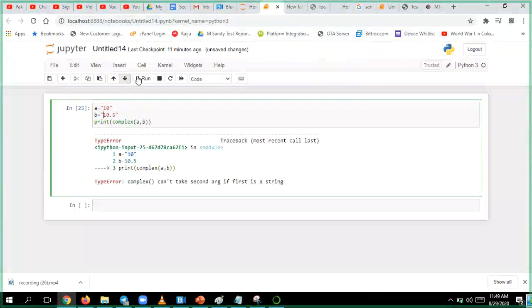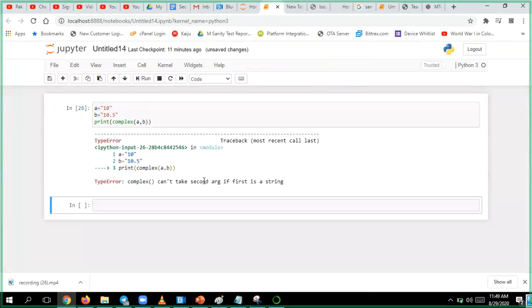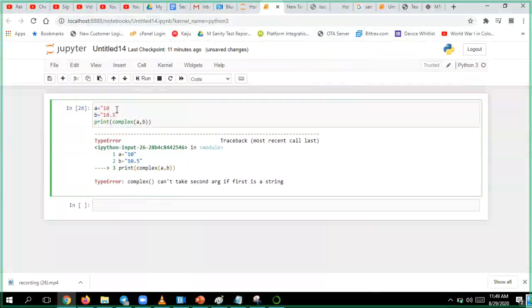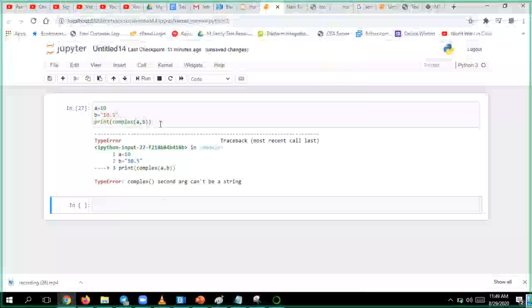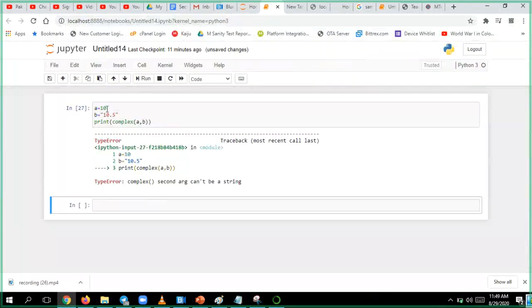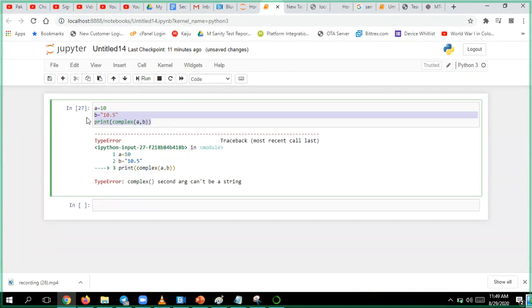So anywhere it is, nothing can actually work here with the type of inputs you are giving. So now this is about converting something into complex.